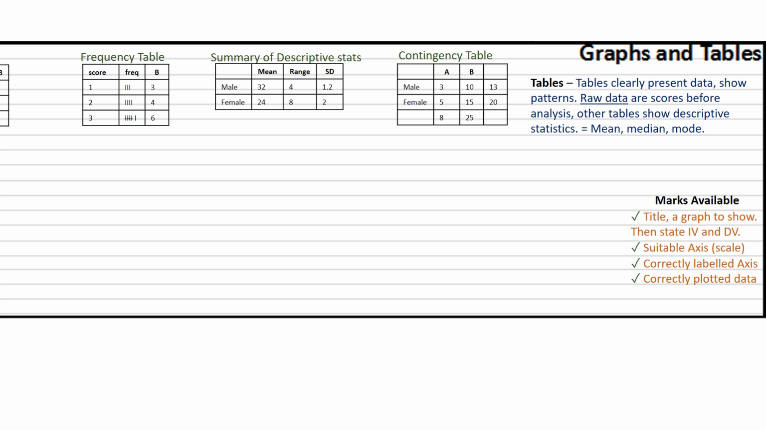And then correctly plotted data. This is probably the one that people stress out about the most when it's only 1 mark. I would much rather you get the rest of it right. You actually draw a decent axis, a decent title, and correct the axes, and not plot your data as effectively, because people just focus on this correctly plotted data at the end and ignore the other 3, and potentially lose